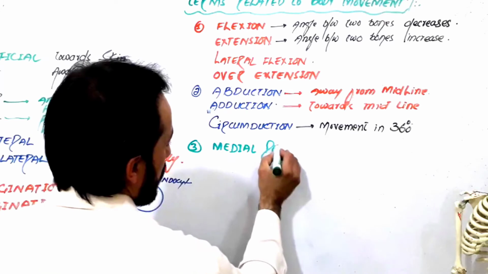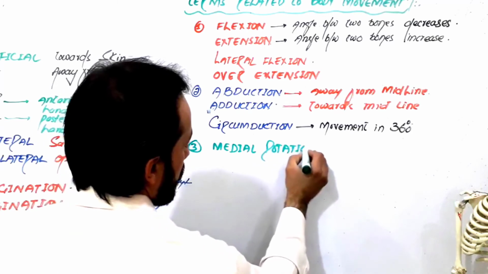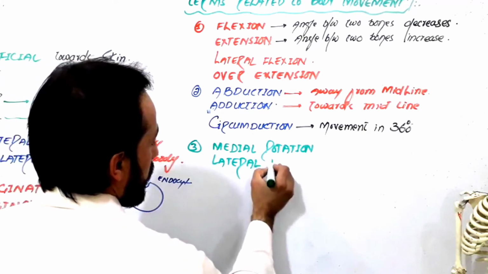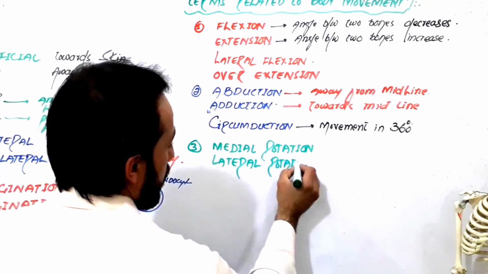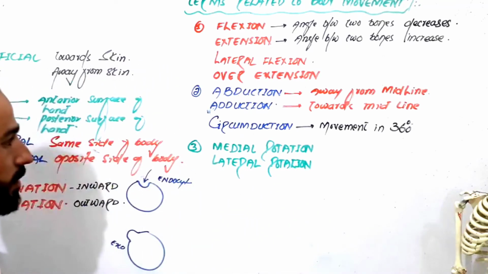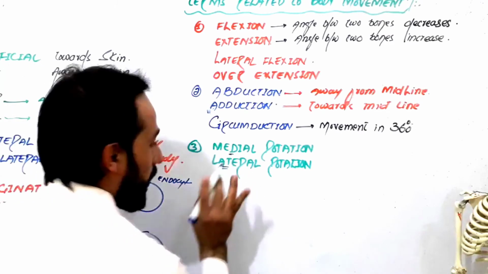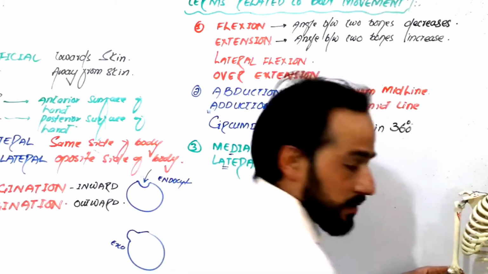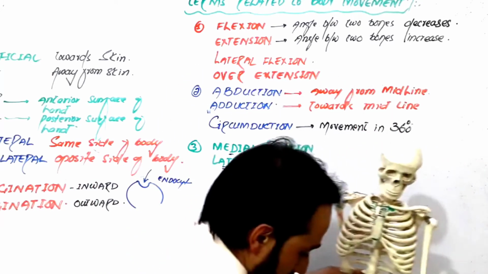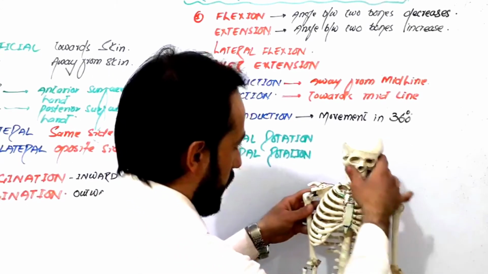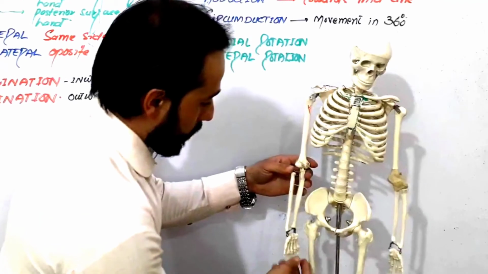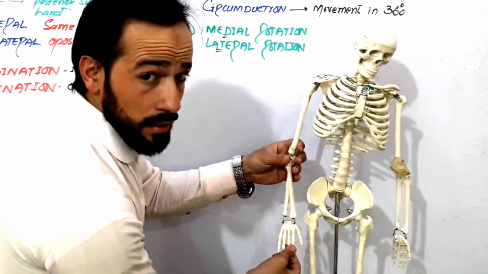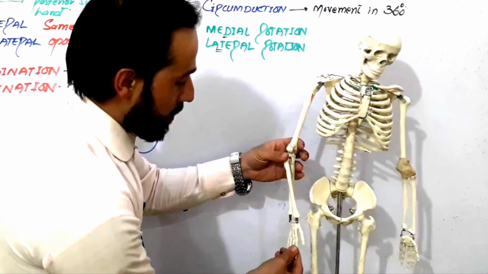Medial rotation, and then there is lateral rotation. Right, friends? So you know medial and you know lateral, right? So look carefully. When he is doing movements like this, look, if you can see him, he is standing and he does this movement, look. Right? This is called lateral rotation, medial rotation.